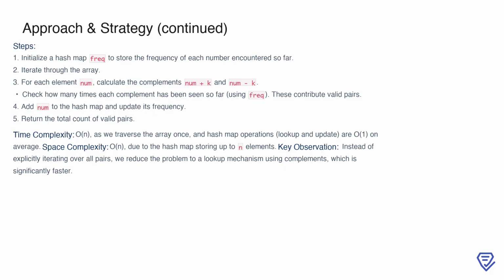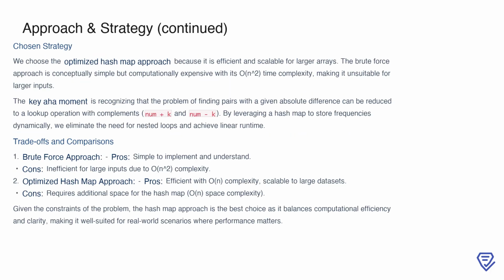The space complexity is O(n) due to the hash map, which stores up to n elements. By reducing the problem to a series of hash map lookups, we avoid the need for nested loops, making this approach significantly faster. Among the approaches considered, the optimized hash map strategy is the clear choice due to its efficiency